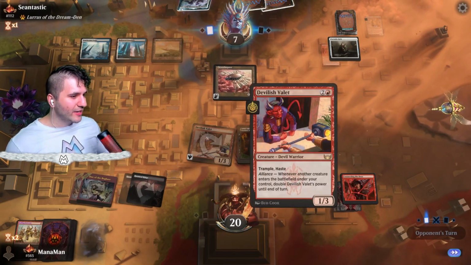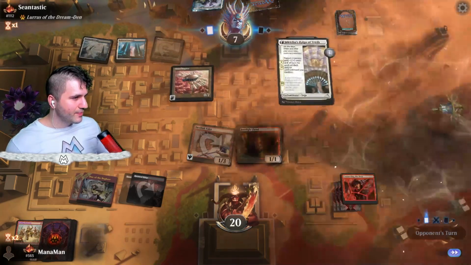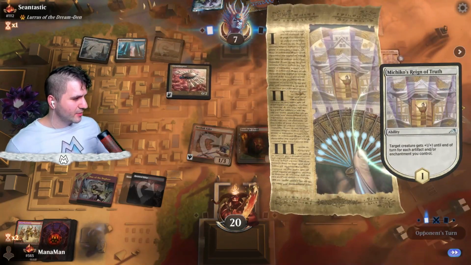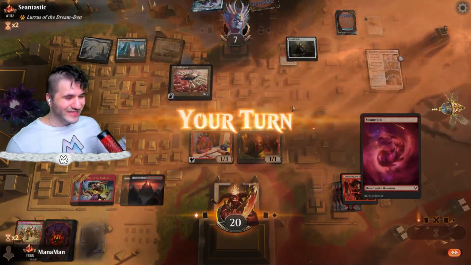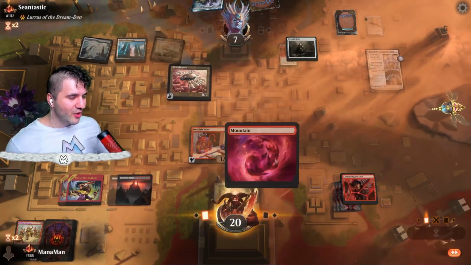I think we're looking okay. I don't have any more food for the Valet. So Michiko's Ring of Truth actually isn't that terrible. We're at 20 life, so I don't really think this is that bad. 3/5 flyer. Ooh, it does nothing. Absolutely love that. So do we want to go for connecting the...